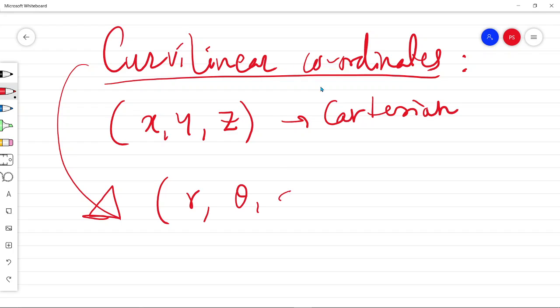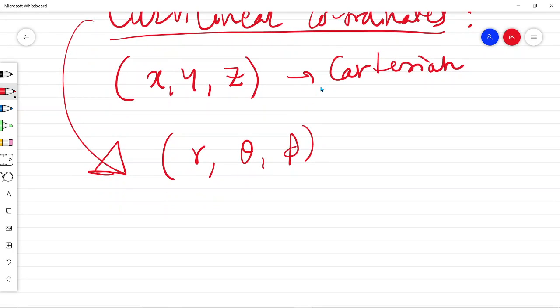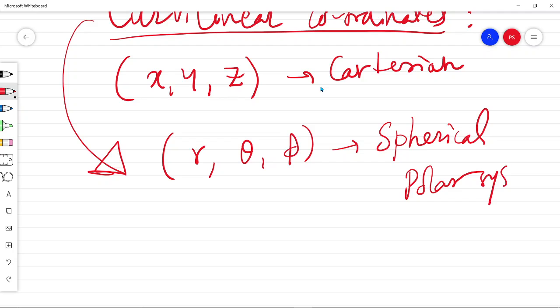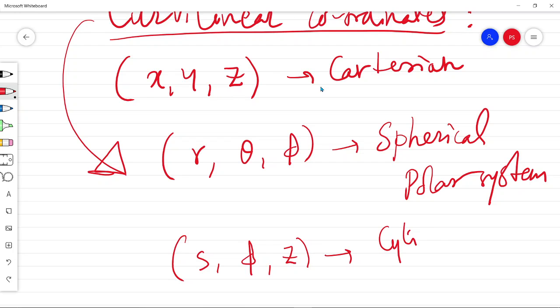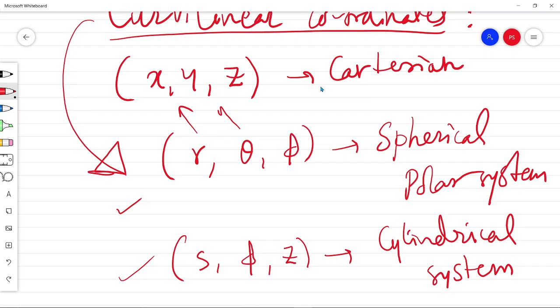One is r theta phi, called the spherical polar system, and the other type, which is the s phi z system, is called the cylindrical system of coordinates. So we will look into these two one by one, how these are linked to the traditional